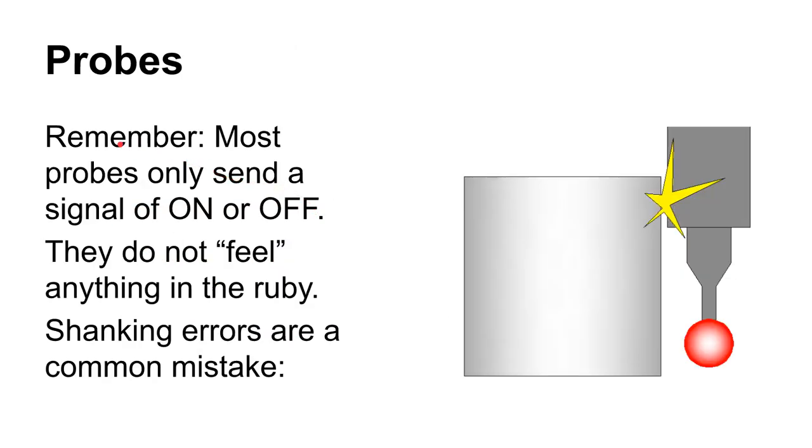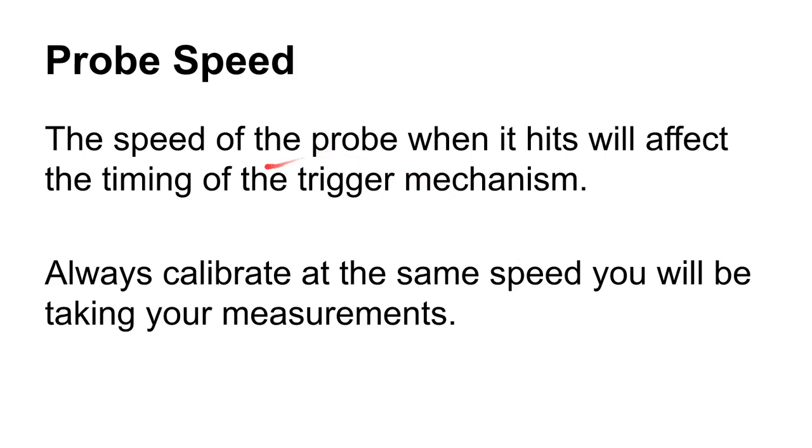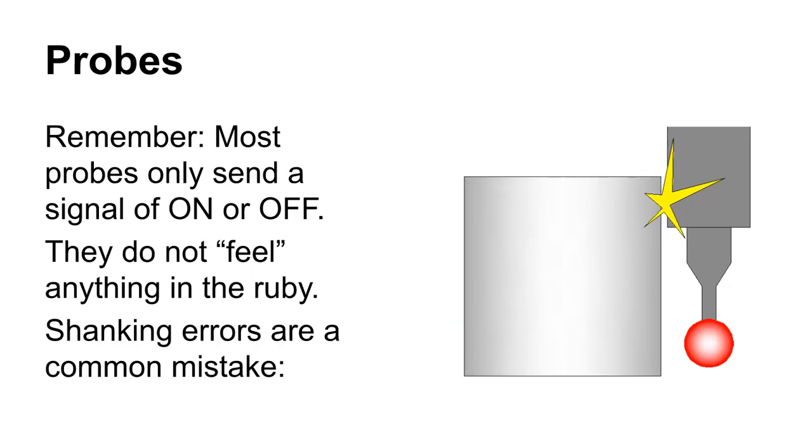All right, let's see. I'm going to talk about the probe speed. If you're in DCC, then generally the probe speed is going to be really consistent. But what you want to be careful of is when you're calibrating. You can calibrate once in turtle mode, you can calibrate in slow motion, but when you get ready to calibrate, I guess I should really talk about what calibration is here. We'll talk about it in a minute. But when you calibrate, you really want to calibrate at the same speed that you're going to be taking the measurements, because that can affect the results. And actually, this slide, truth be told, should be a little lower down.